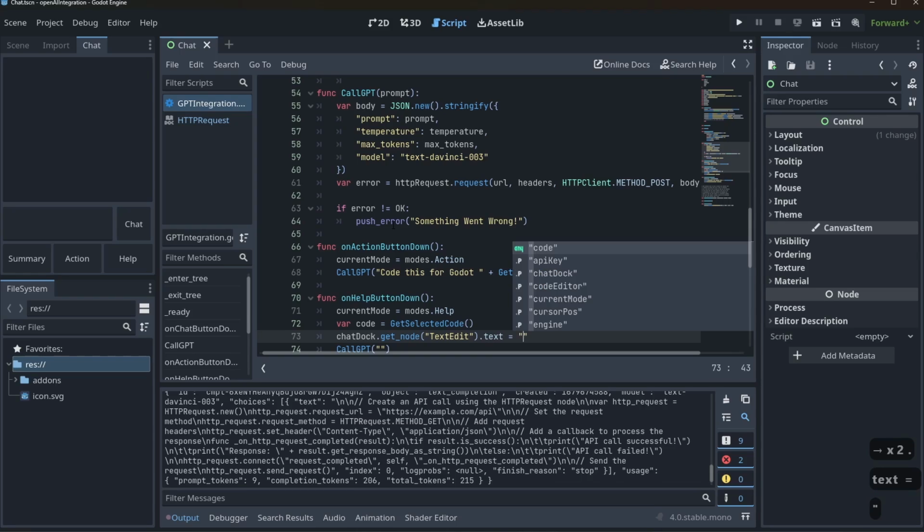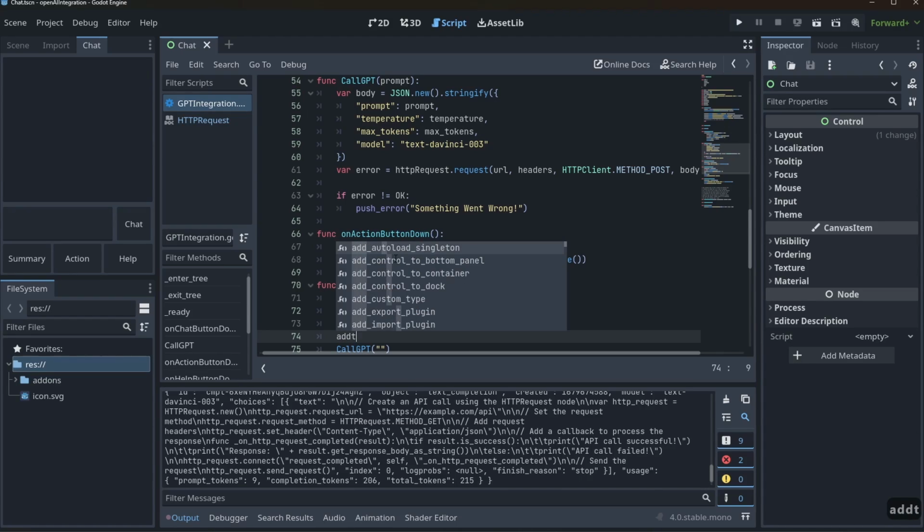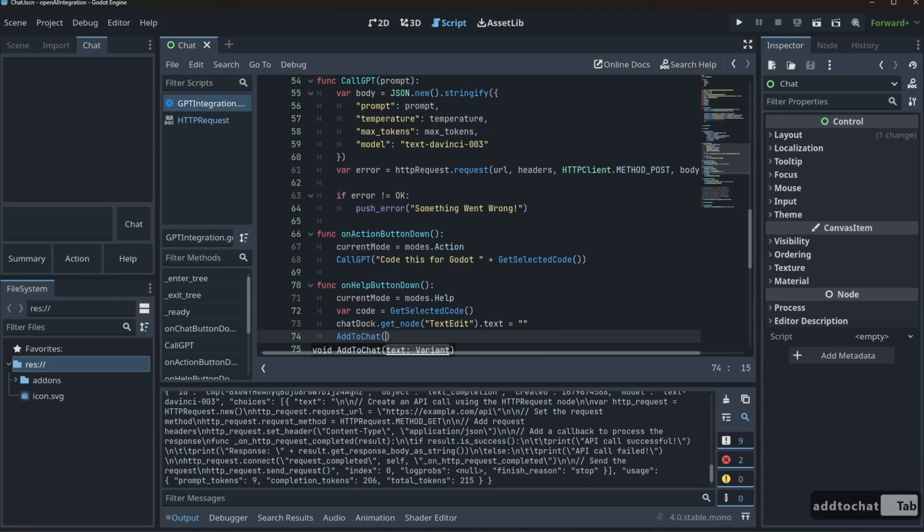Dot text. And we're going to make that equal to nothing, so that way it just kind of clears this out. And then we are going to add our text to our chat. So add to chat and we'll pass in some text. So we'll say me colon space plus